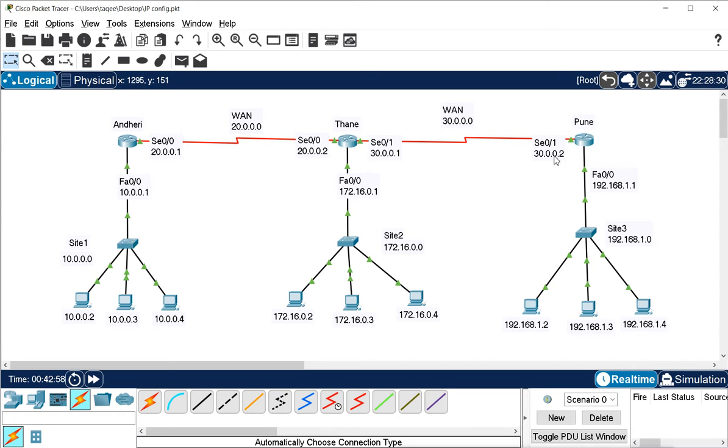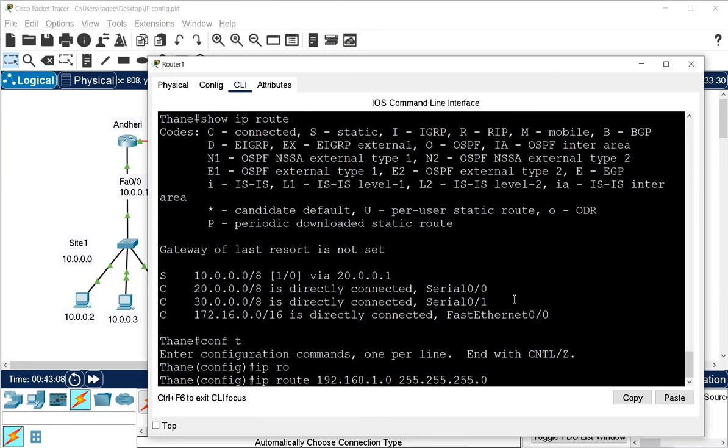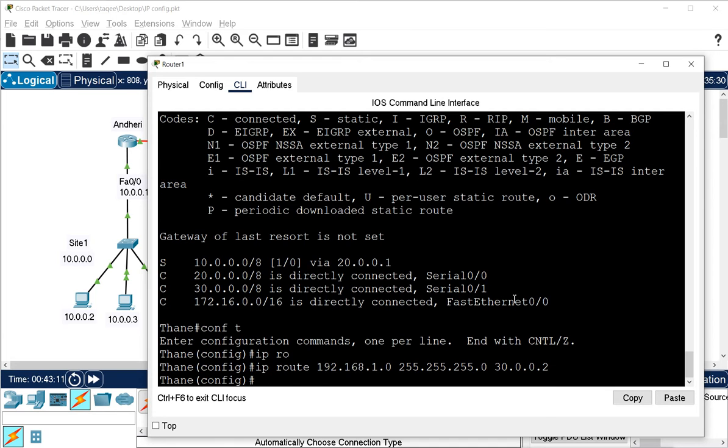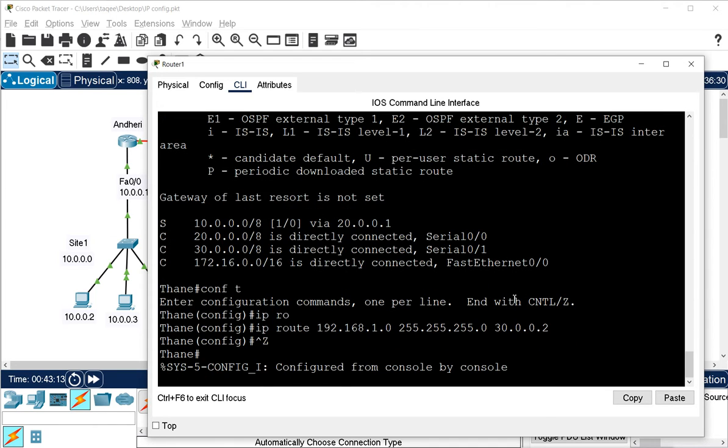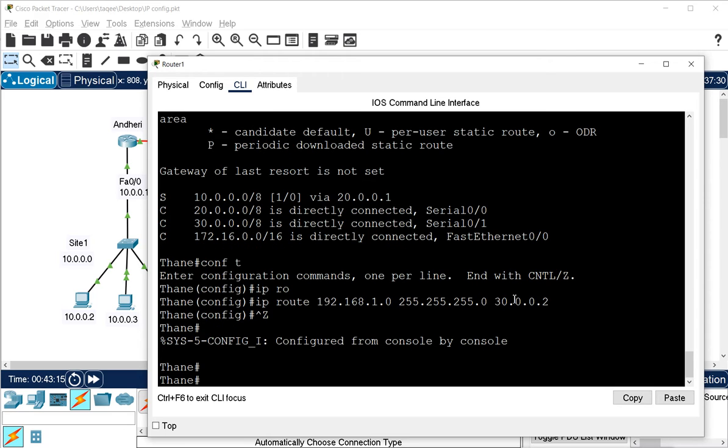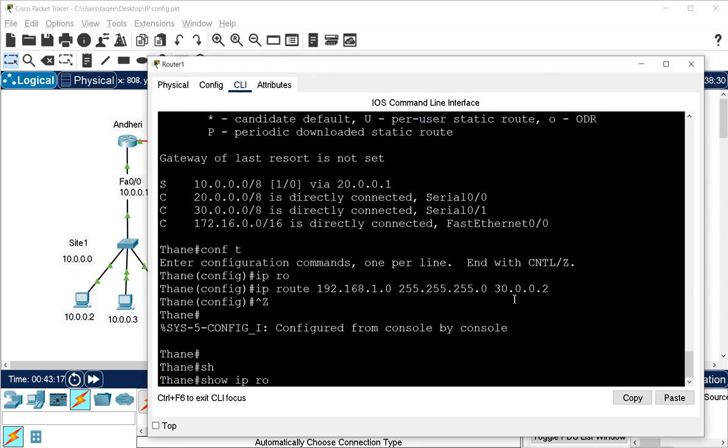So the first hop address will be 30.0.0.2. That is what I will configure here. Now I will check show IP route.